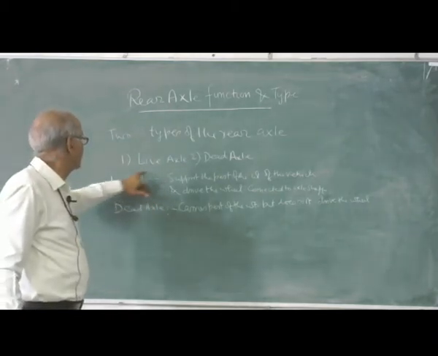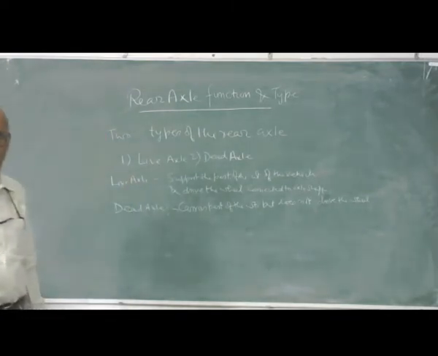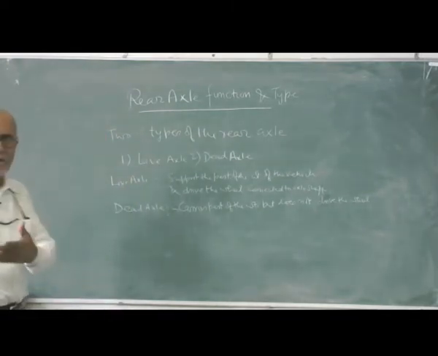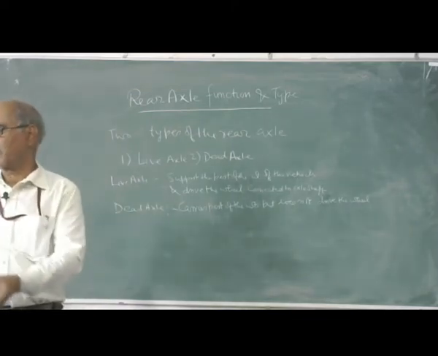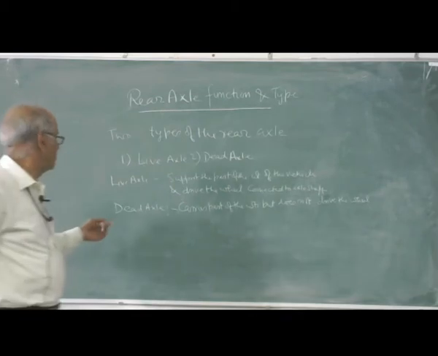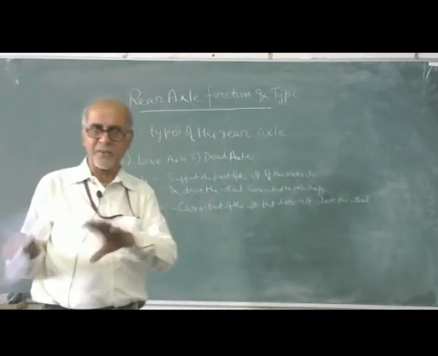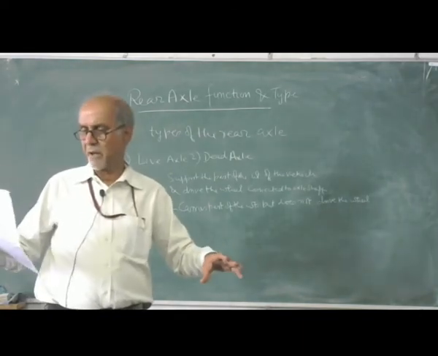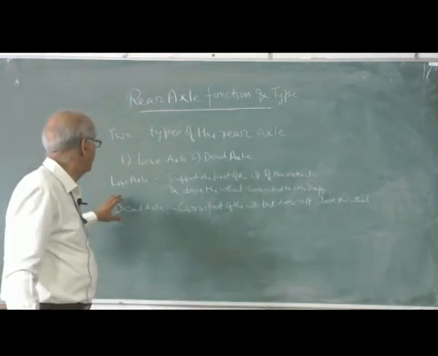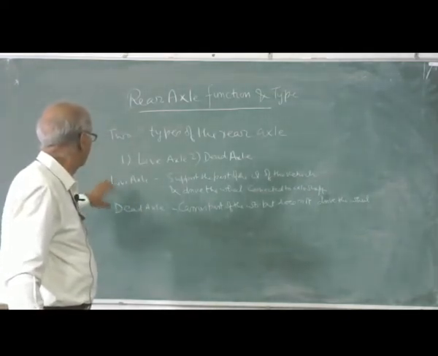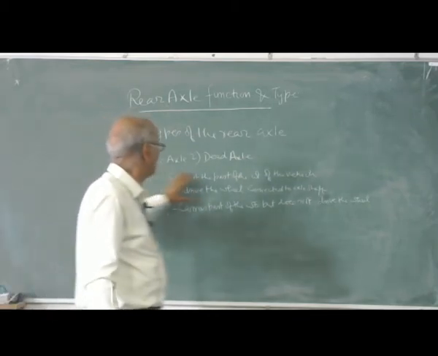So this is, I think, very clear now: what is live axle and what is dead axle. Live axle, all the small cars you see, any small car, Hyundai, Alto, whatsoever the car. In that case, you will find that the rear wheel is free on the shaft. There is no power transmission to the rear wheel, and the power is being transmitted only in the front side. Then it is dead wheel, and in live wheel, the power is transmitted to the rear